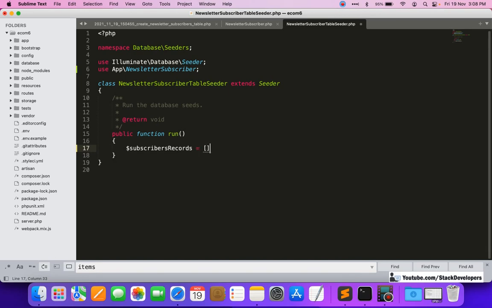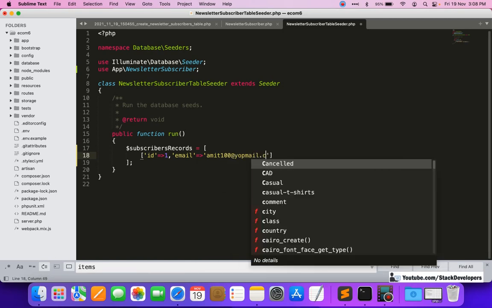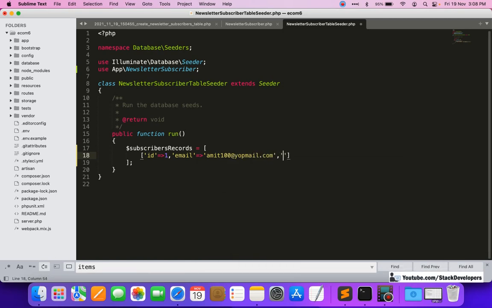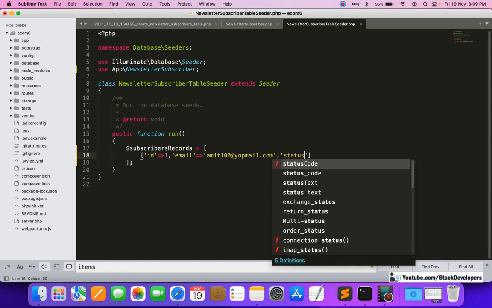We take an array like this, and inside it another array, in which we put the values: id 1, email, suppose I add amit100@uofmail.com, and the next one, status, I'm going to add 1.